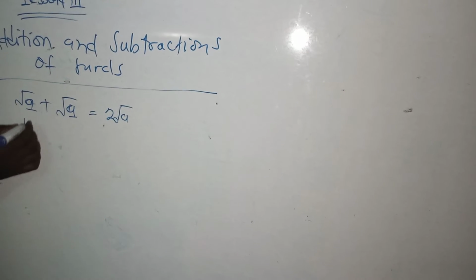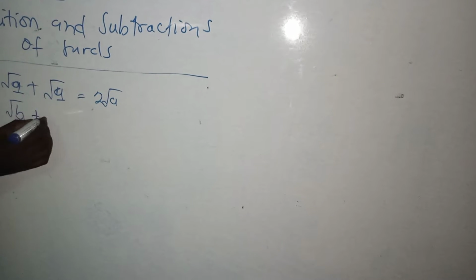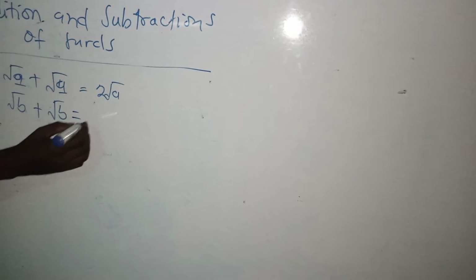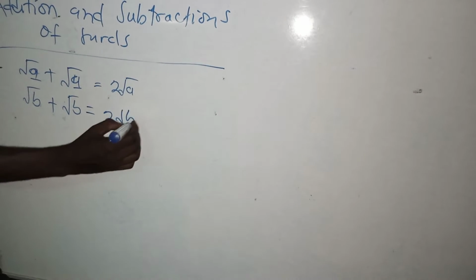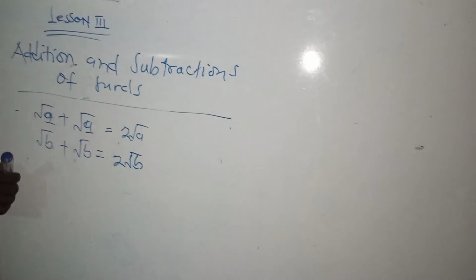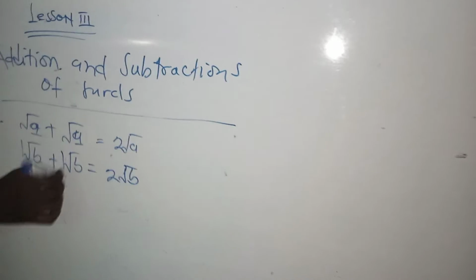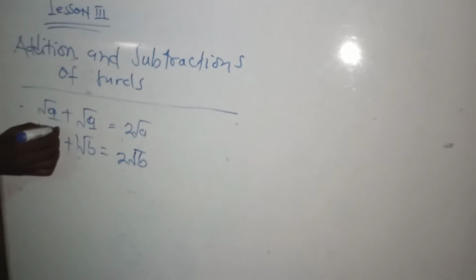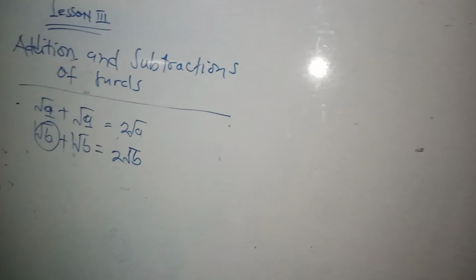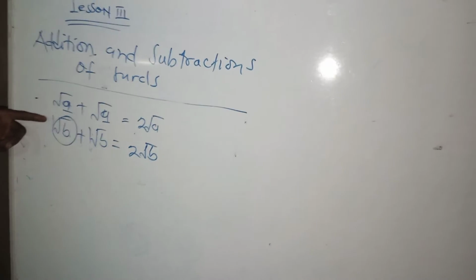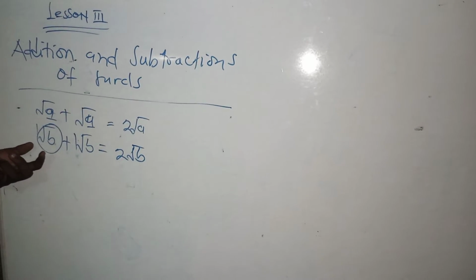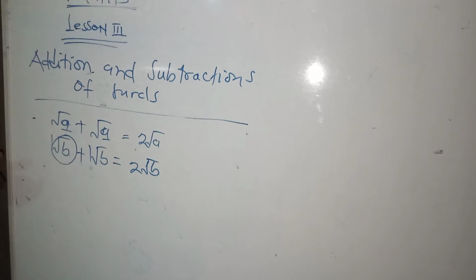If you have root b plus root b, it will be 2 root b. Why? In the first lesson, I spoke about coefficients, and I said the set is assumed to be a variable and it always has a coefficient. So the coefficient of the set here is 1 and 1, and then we add only the coefficients. And so just like variables,